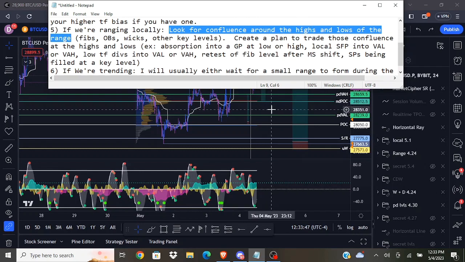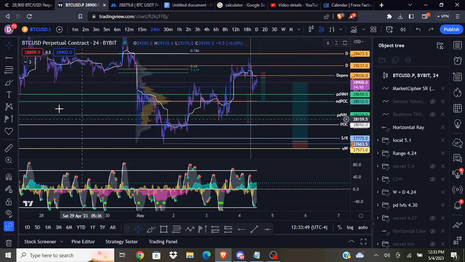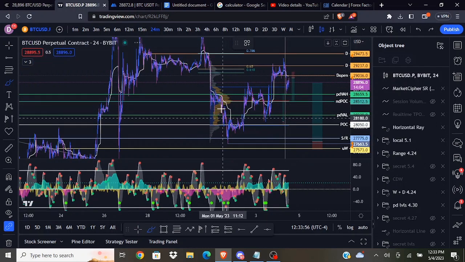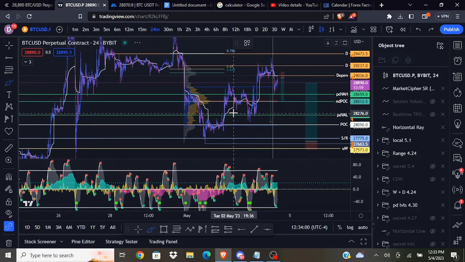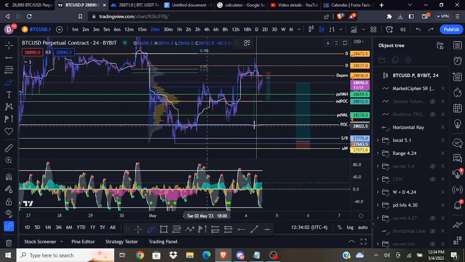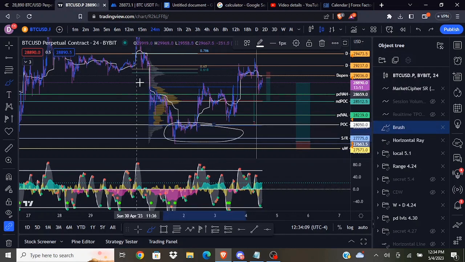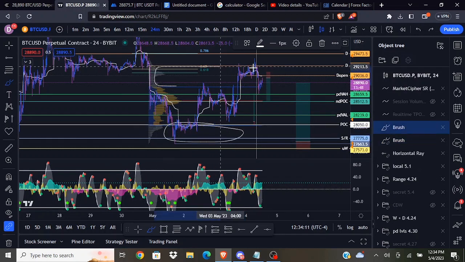of a range. The reason I like trading ranges so much, number one, because price likes to range. It ends up ranging more often than it is trending. Even in larger trends, you'll find that ranges form on the smaller time frames. So price likes to range, and also these ranges give you areas of basically high and low, where the price of the asset is overvalued and where the price of the asset is undervalued, at least in the context of